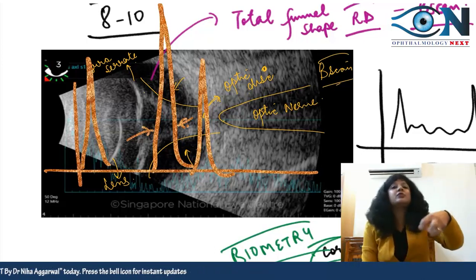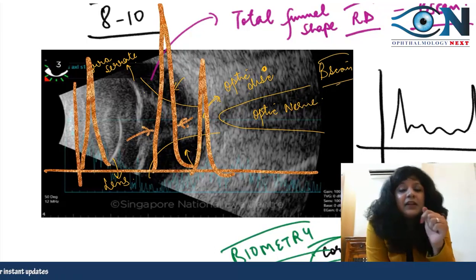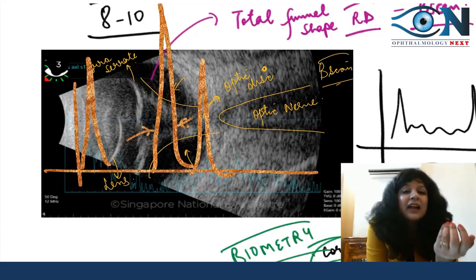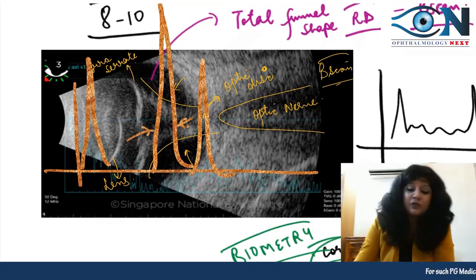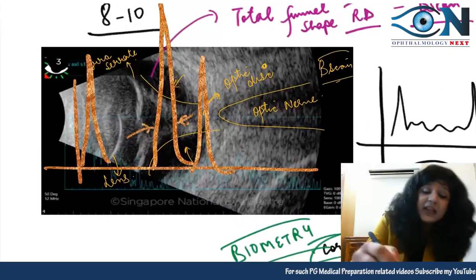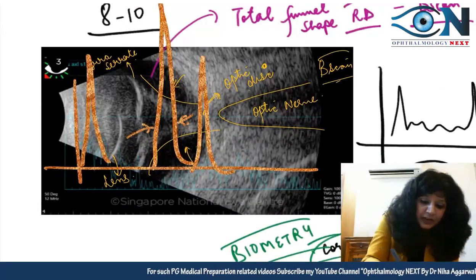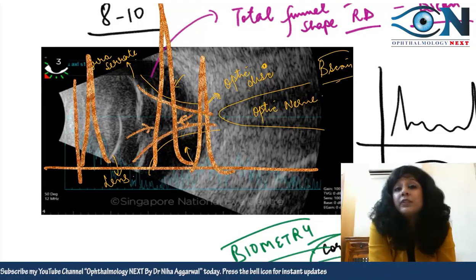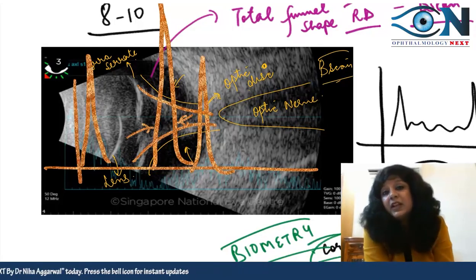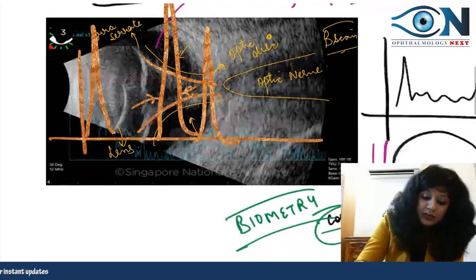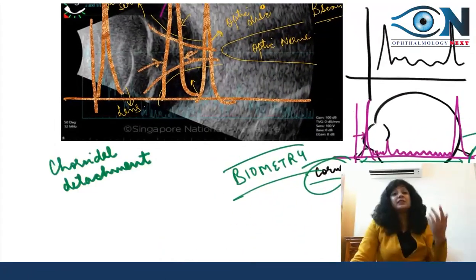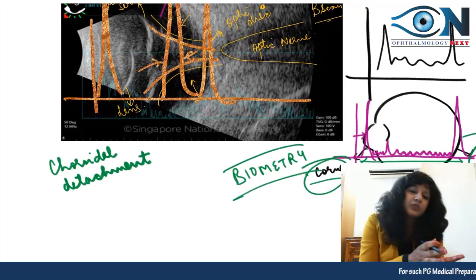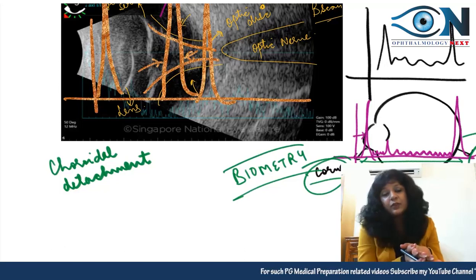Normally, you know, retina is not that fibrous, but when it is an RD, it is due to the vitreoretinal traction. Then in that case it gives a very high spike. So when you are getting this high spike in the mid of the vitreous cavity and you are able to see this funnel shaped RD also, then you are sure that you are dealing with a case of retinal detachment. Now there is one more thing. Sometimes there is an appearance in the vitreous cavity, and I am not sure whether this is a retinal detachment or a choroidal detachment. What should I do?